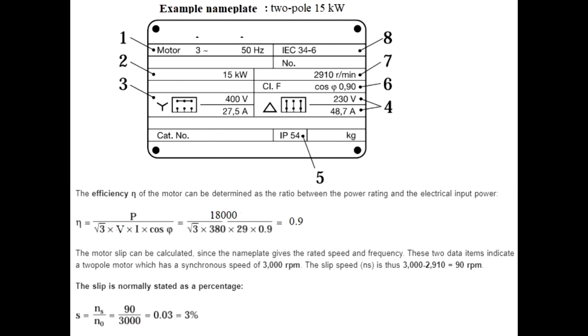and the efficiency is 0.9 or 90%. The motor slip can be calculated since the nameplate gives the rated speed and frequency. These two data items indicate a two-pole motor which has a synchronous speed of 3000 rpm. The slip speed ns is 3000 minus 2910, equal to 90 rpm. The slip is normally stated as a percentage, s equals ns by n0. Synchronous speed 3000, equal